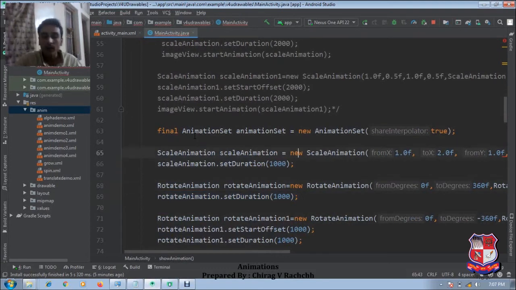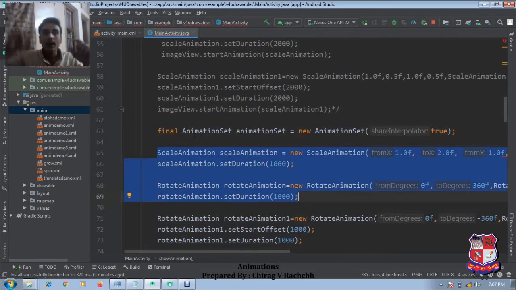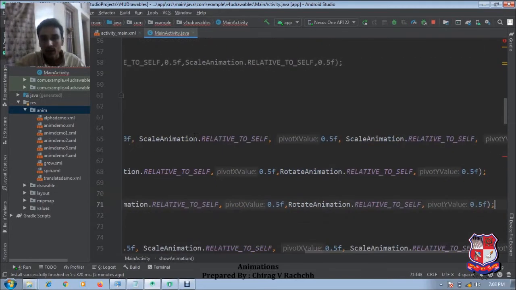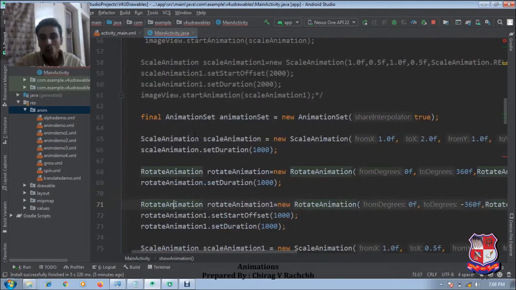So here both these operations take 1 second and they are not delayed. It means both operations will be performed together, scale as well as rotate. Now another rotation operation rotates from 0 to minus 360, a backward, counterclockwise rotation. It has a delay of 1 second.